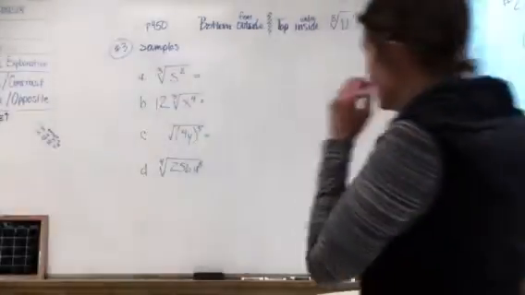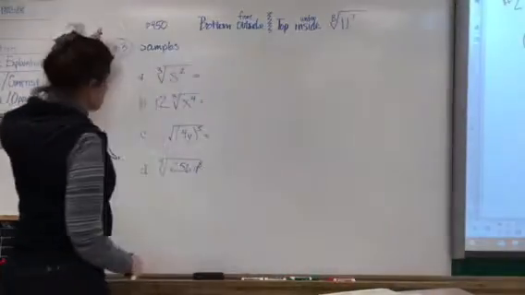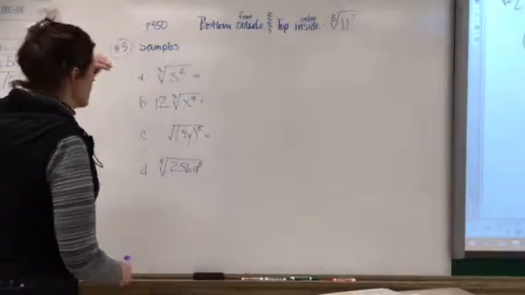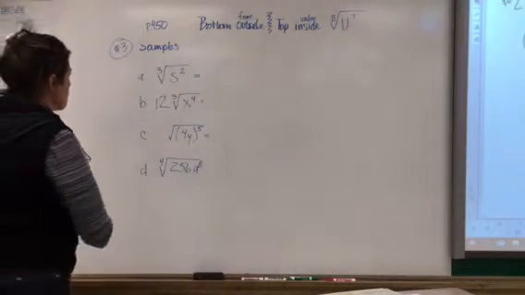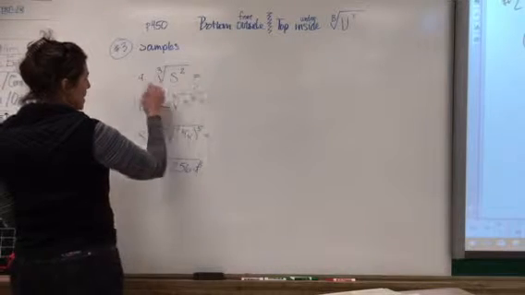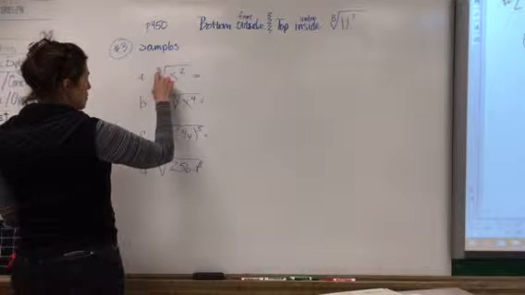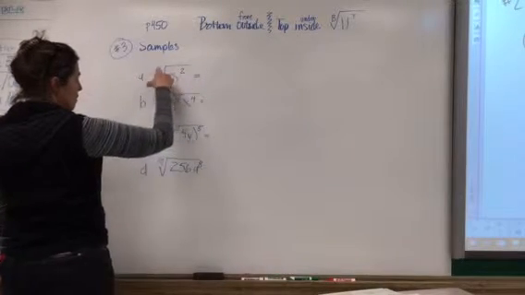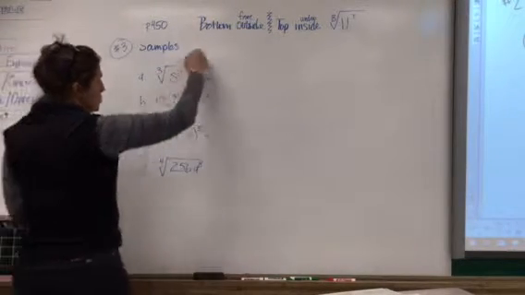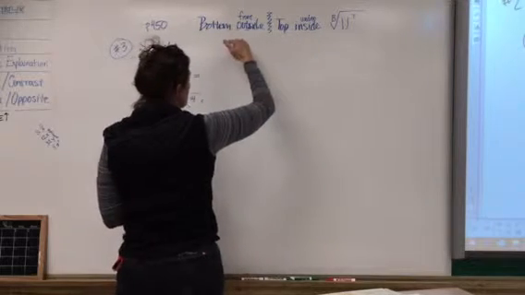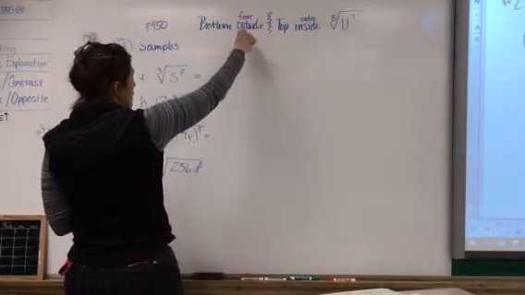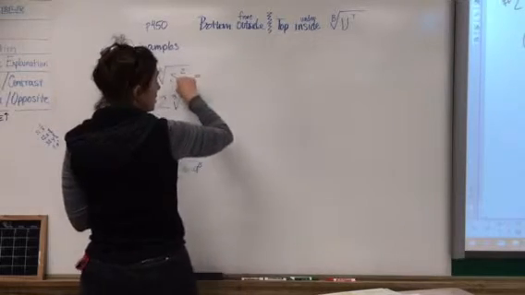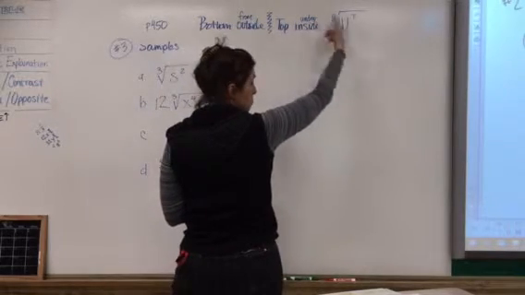Okay, still on section 7.5, we're going to do the samples under example number 3. So if we're looking at this, sample A says 3 radical over s squared, or the third. Okay, so using our format, the bottom number goes outside and the top number is on the inside. Or you can just remember this, but,